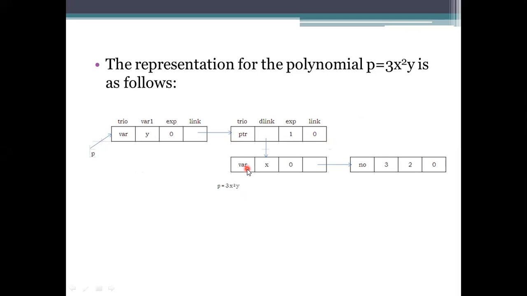And this has been taken as a variable here. Now how we have been plotted here is from here to here. So here, take the value P. And then next, consider the value trio, that is having the 4 representations. What is the behavior of that one we should specify, whether it is a variable or a pointer or a number. Number means the coefficient what we are using, and the exponent what we are using has to be specified there. Okay.